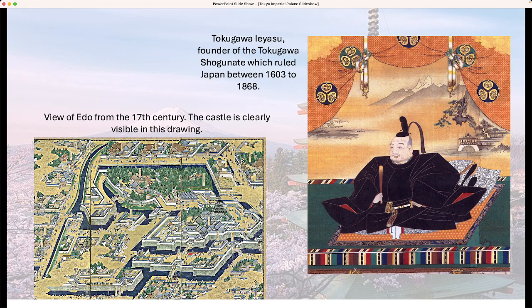By the 1850s, things were getting quite tense within the social system. The daimyo weren't happy because obviously they were getting taxed more and had to let their samurai go. The samurai weren't happy because they were often in debt or without a job. At the same time, peasants were unhappy because as taxation increased, it meant the daimyo tried to extract more from them, so they weren't very happy, and there were a series of revolts towards the end of the Tokugawa shogunate